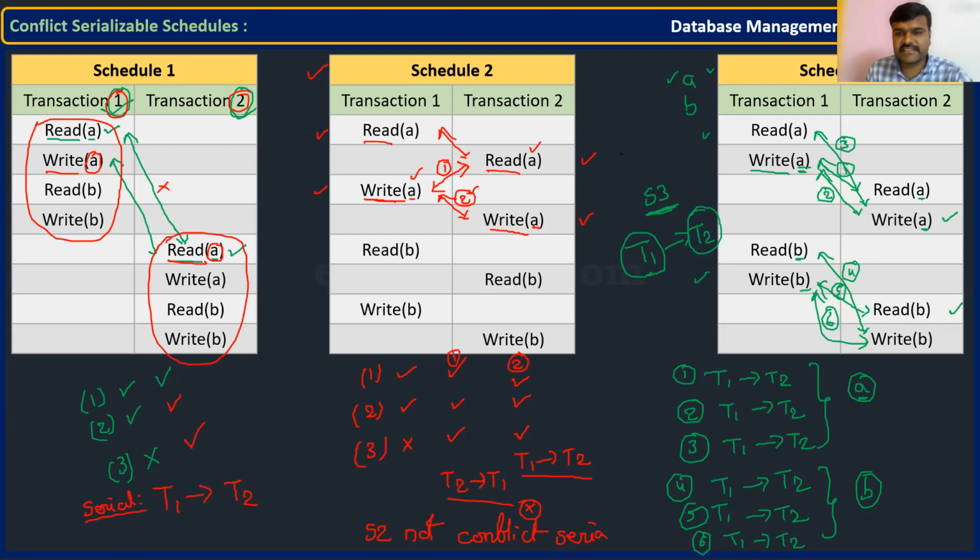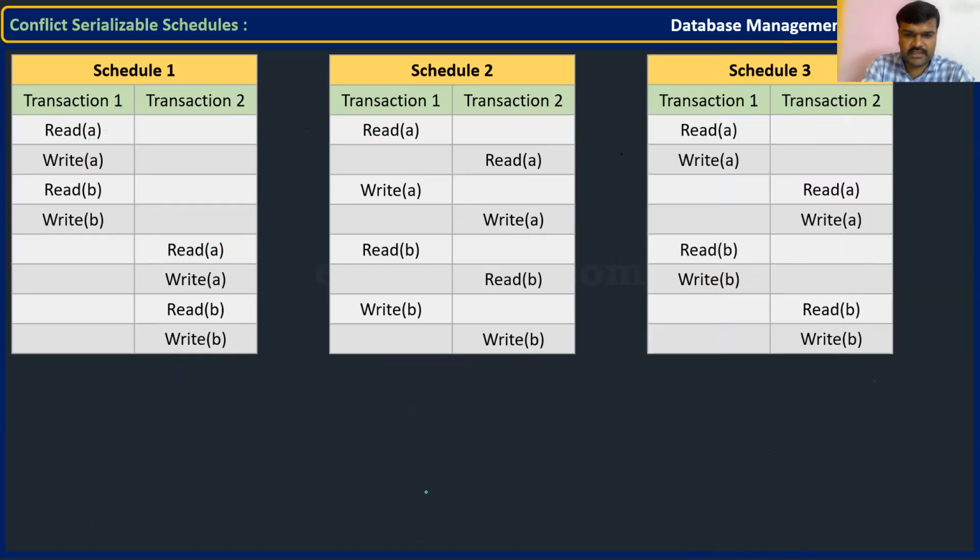So now S3 is conflict serializable, which is equal to S1, T1 followed by T2. So S1 is conflict serializable with S3 actually. But S1 is not conflict serializable with S2 or anyone actually. Okay. So that is the meaning of this one. Now, further, if you discuss this to get more details, here you see,